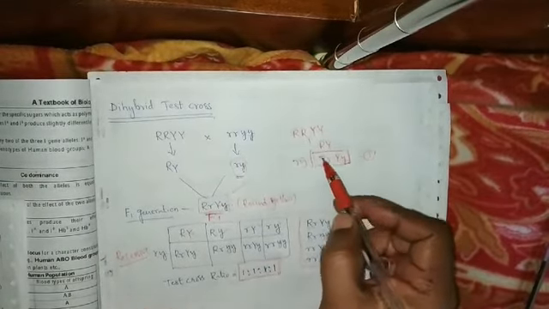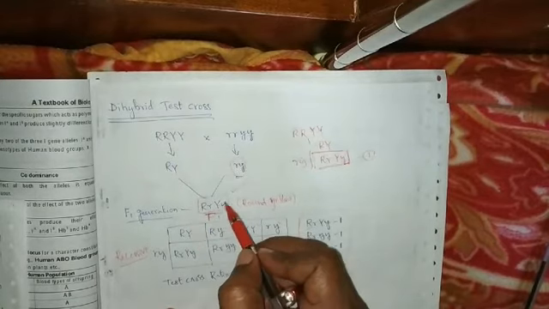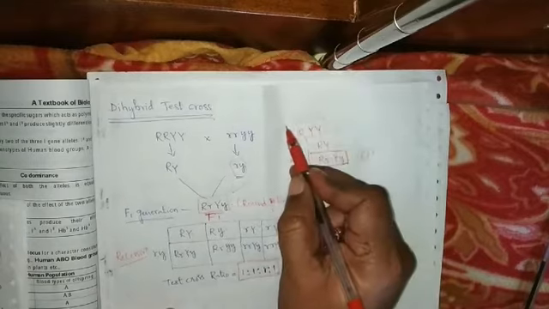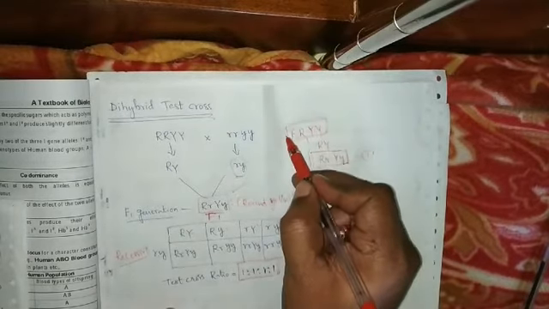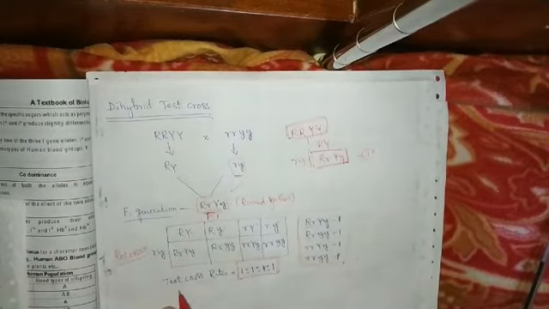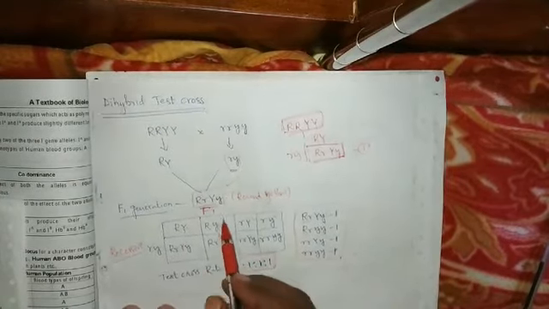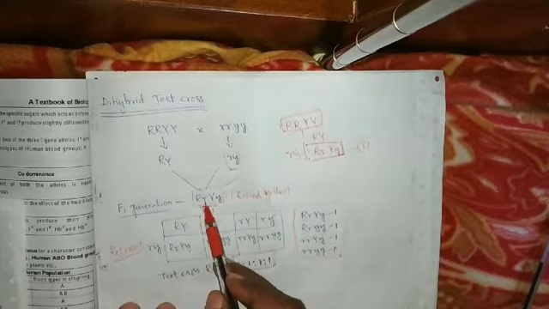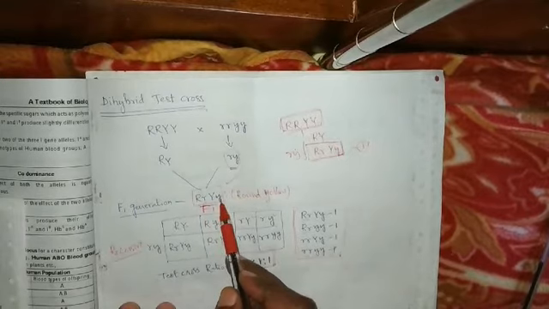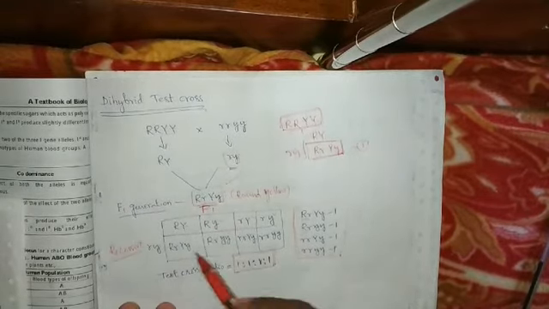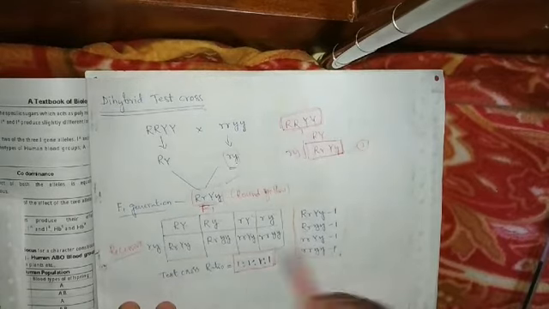So, this result says that the F1 hybrid is a homozygous round and yellow. If the ratio of the test cross is 1:1:1:1, with 4 ones present, then definitely it confirms that the F1 hybrid is heterozygous round and heterozygous yellow. So this is the dihybrid test cross. Importance of the test cross.